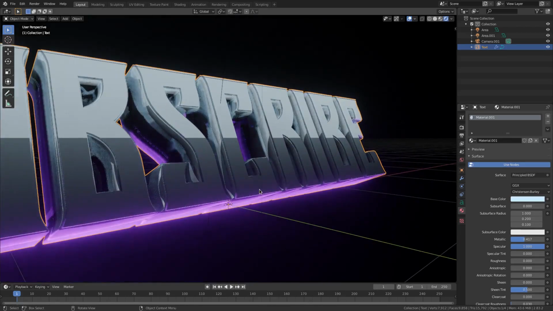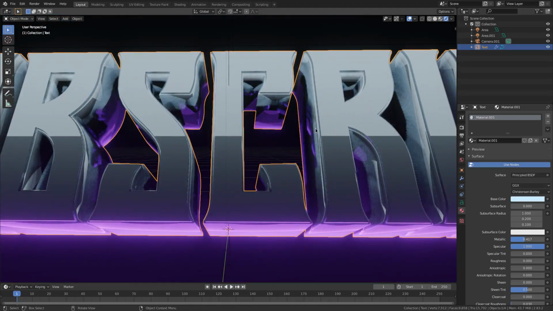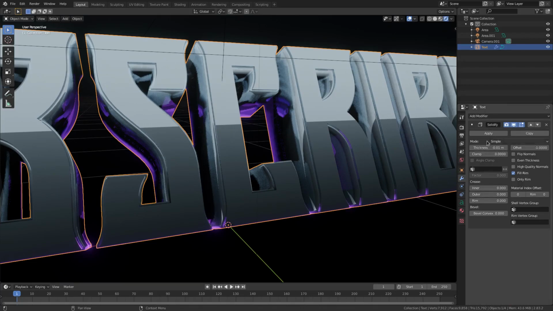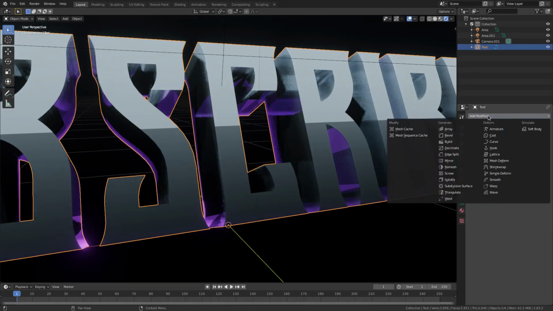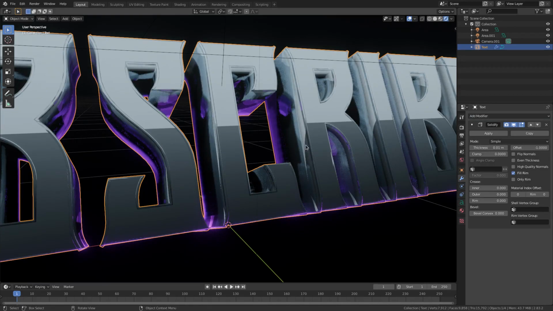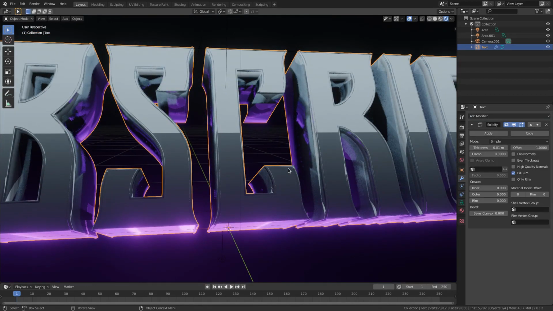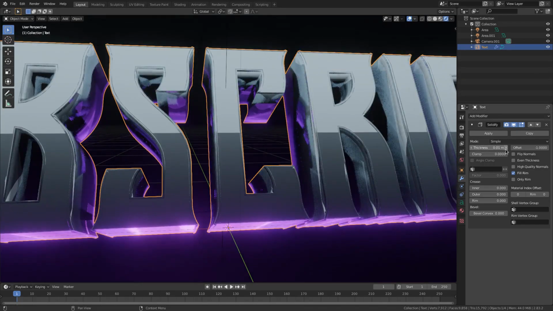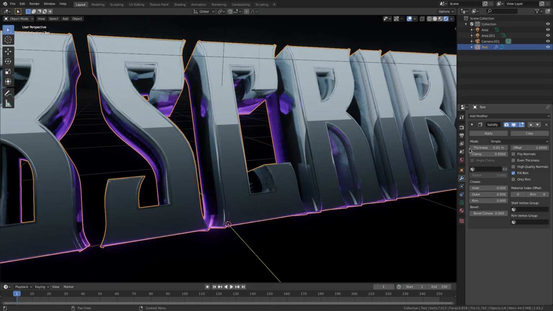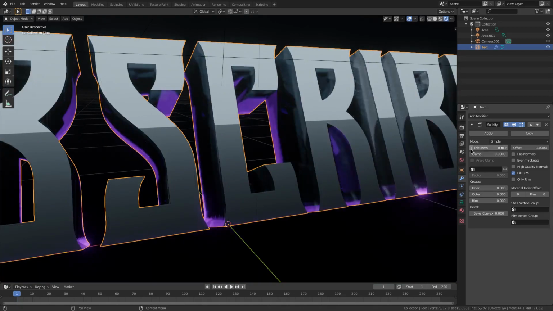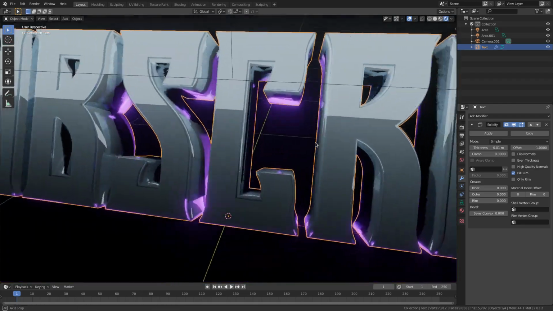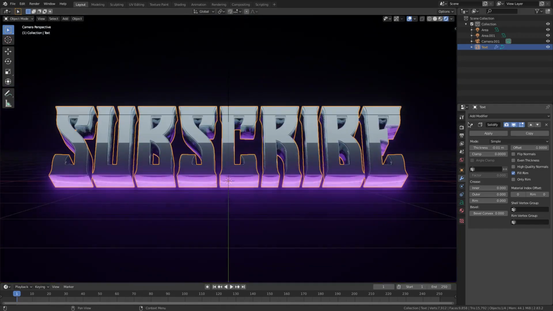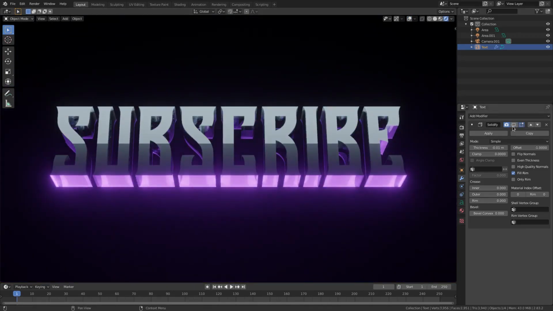And the only other thing I did here was, if I zoom in, you can see it has this nice little cool rim looking thing. And it's very simple. I just went to the modifiers tab and added a solidify modifier. I hit add modifier and then just hit solidify. Actually, wait, it's negative 0.1. It was on plus 0.001, but I hit this arrow to the left twice. So 1, 2, and now you can see it looks like that, which is exactly what I have. It gives that nice little lip of shine.